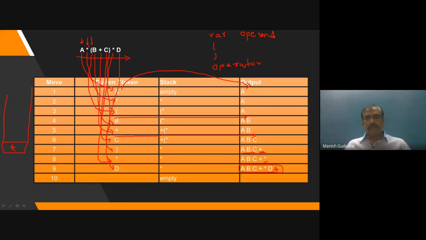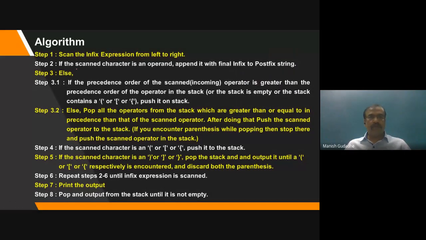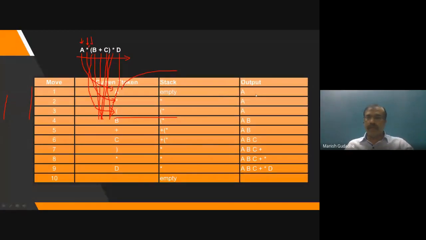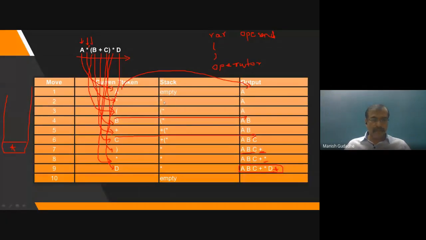Now we'll just go through the rules once again. You understood that we are going to scan it from left to right. If the scanned character is an operand, append it onto the postfix string. That's what we are doing here. A, B, C, D, whatever came, they were posted into the output string without any botheration. Then if it is an operator or a parenthesis, we'll have to check something. If it is an operator, either we will directly post it if the stack is empty,